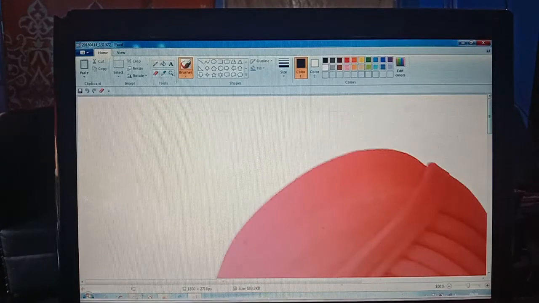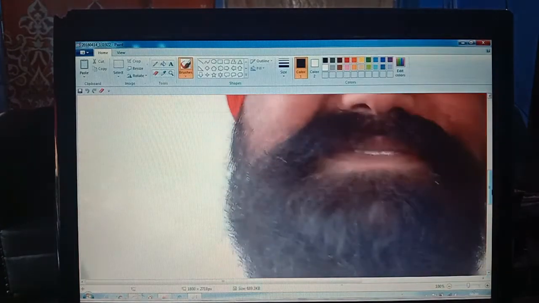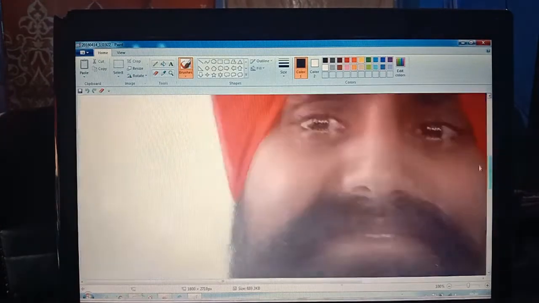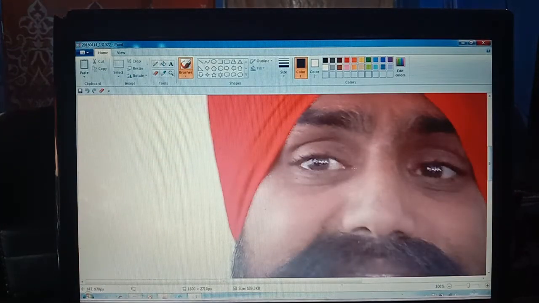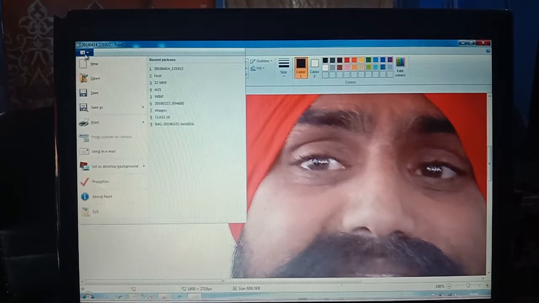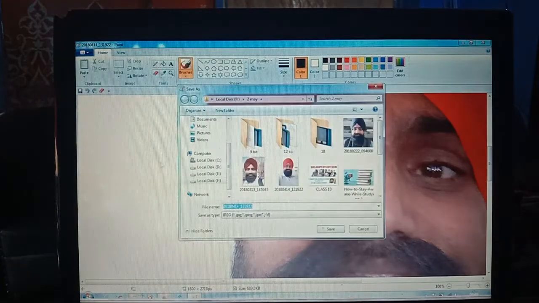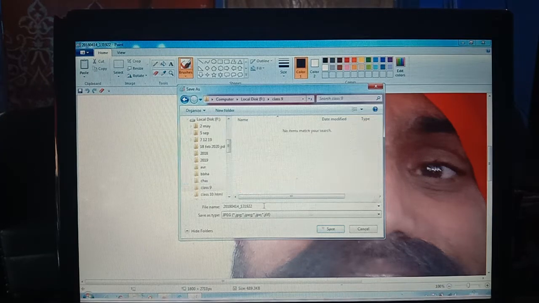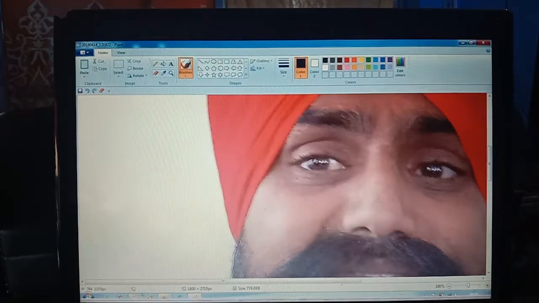Now I want to save this picture from Paint in the class 9 folder. Go to the save option, then select save as, then select the F drive, where we have already created the class 9 folder. Select that, give the name of the file and click OK. So this file will be saved in that folder.